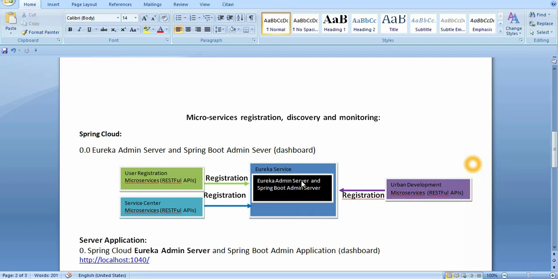So that means the Eureka server will maintain our registration, and the server also discovers our client applications and monitors them. The monitor means